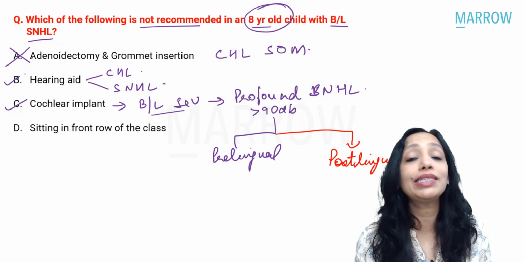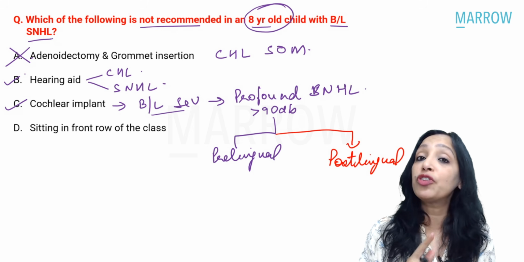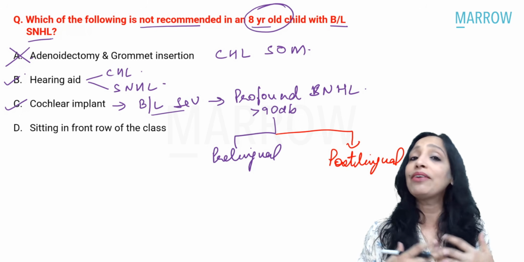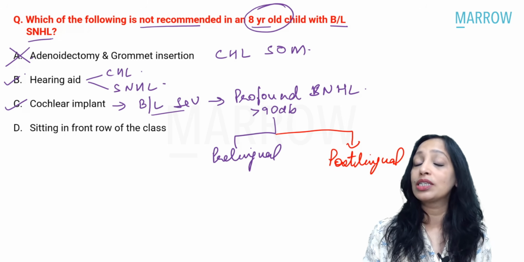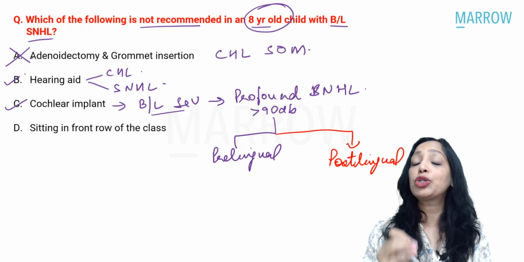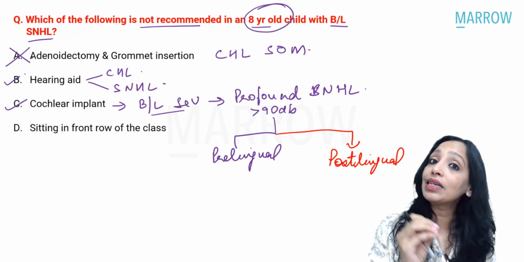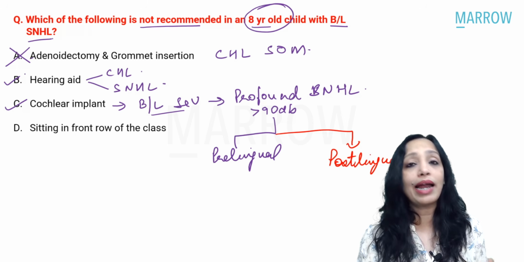Now, what is the meaning of prelingual hearing loss? Prelingual hearing loss means that the child has become deaf before the development of language, which means that the child is congenitally deaf. The child has never learned how to speak. So in these cases with prelingual hearing loss, the cochlear implantation has to be done as early as possible. Yes, it is done as early as 1 year of age so that neuroplasticity develops,